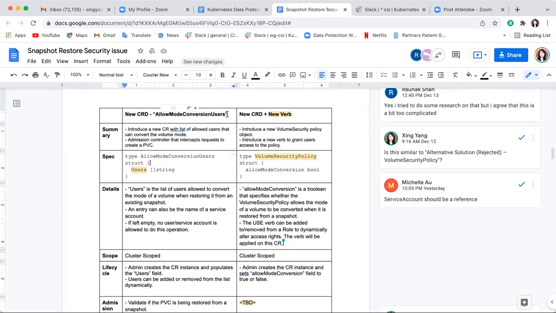No, but on the left, we don't have the use verb, or whatever we want to call it, right? That just uses the existing. Okay, but this one you also have those. We just have the CRD, right? Okay, you're saying this is the use verb. Exactly. I guess that's the thing that I'm not seeing as absolutely necessary.